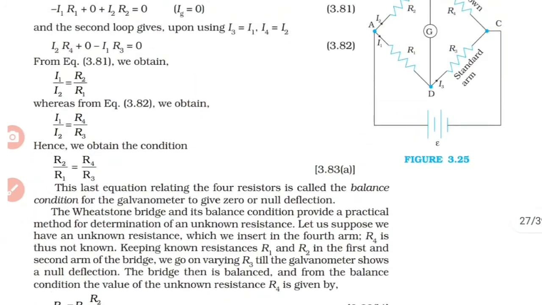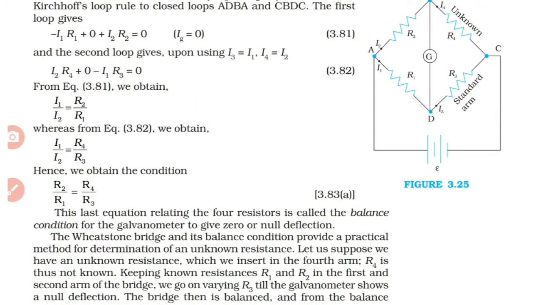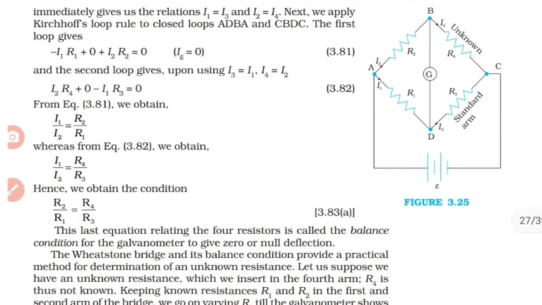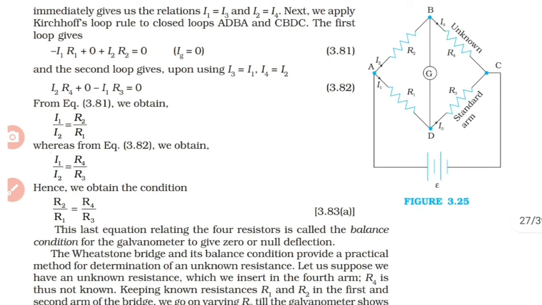Okay, now when we come to the practical side, we said no current flows through the galvanometer. You have seen a galvanometer, I think. A galvanometer has a needle in the middle. Okay, one day I will show you everything in the video. So in the middle we have a needle. That needle will show deflection only if a current flows through the galvanometer. Depending on the direction of current, this needle which is at rest in the middle can show deflection either to the left hand side or to the right hand side. That is the case with a galvanometer.